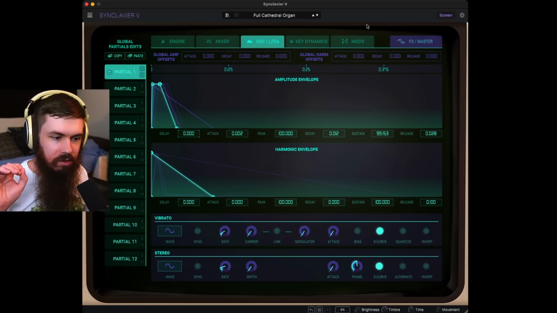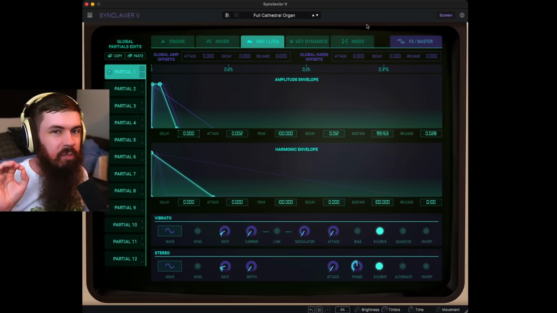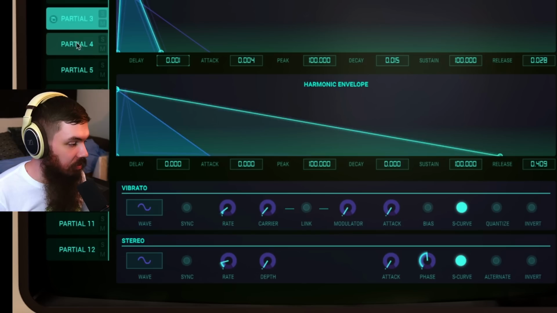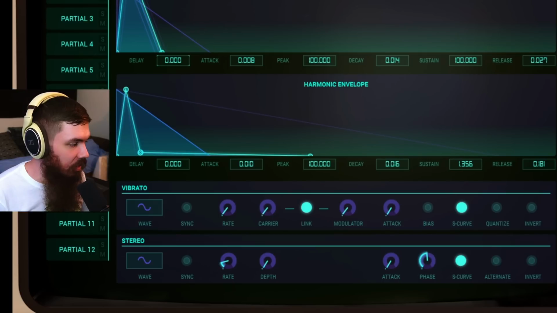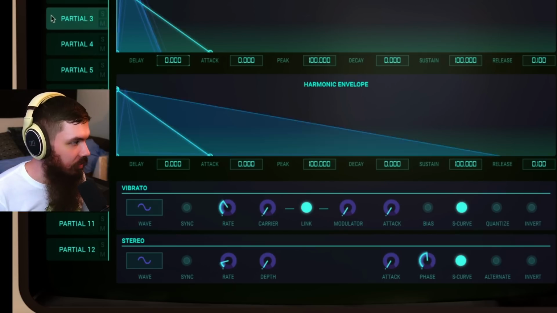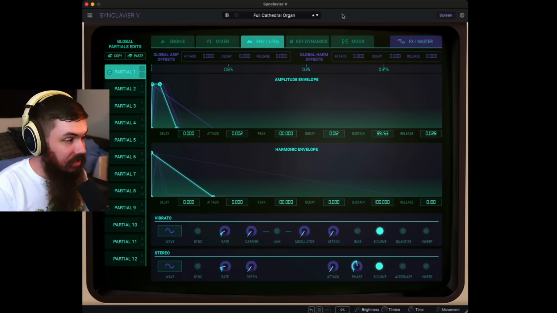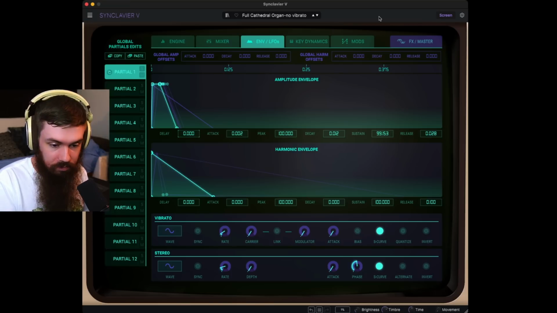It may sound like there's nothing going on there. There's a very subtle LFO going on for each of the partials, and they're all at different rates, and they're all at different amounts. And it's very, very hard to hear normally. But if we were to compare this to the other sound where there is no vibrato, there is no LFO going on,